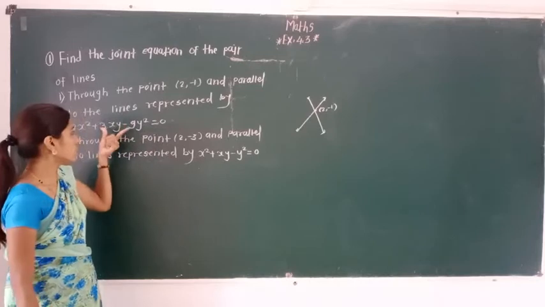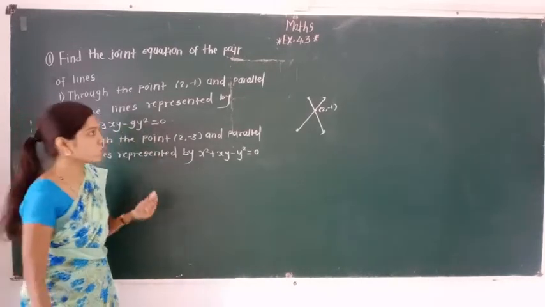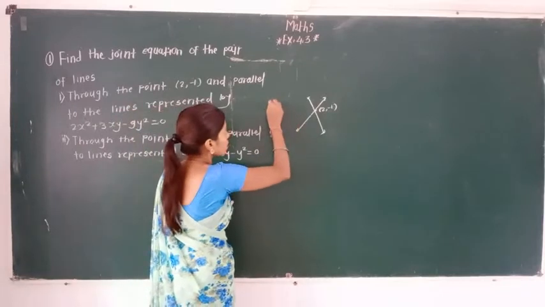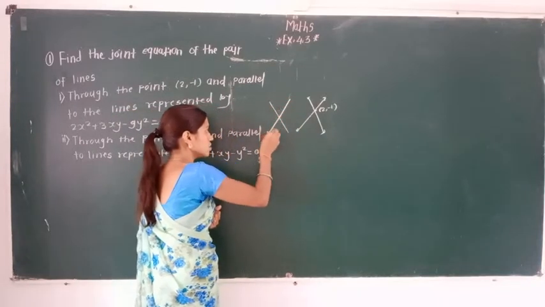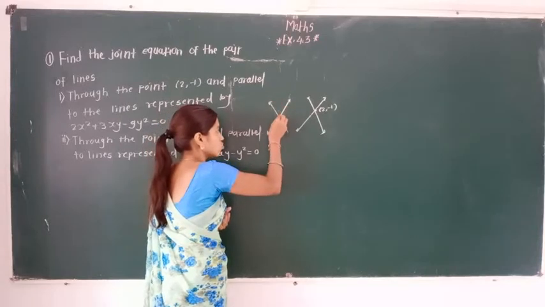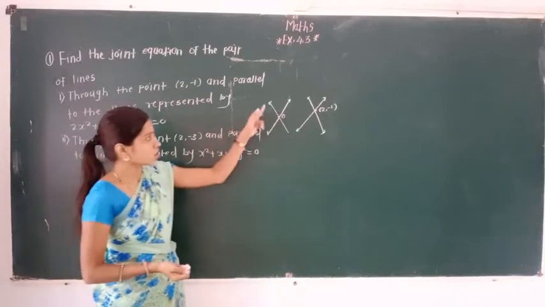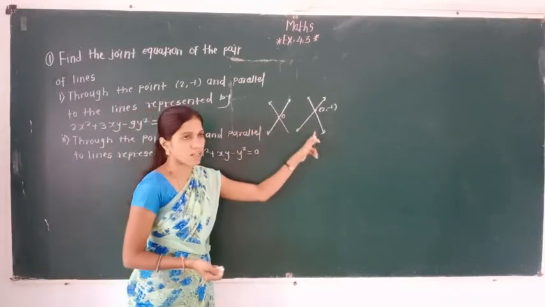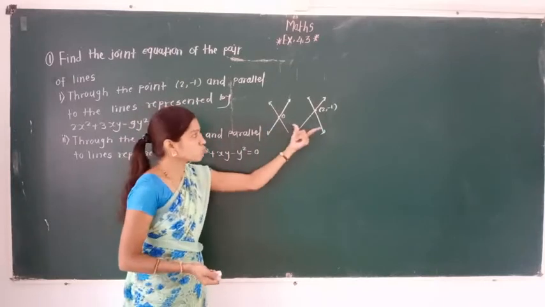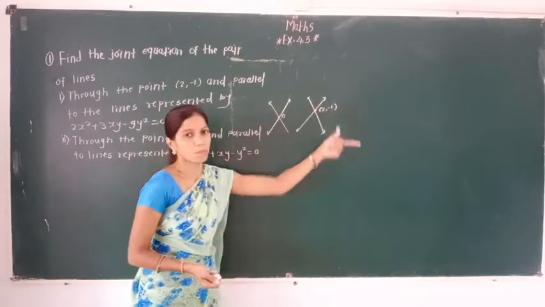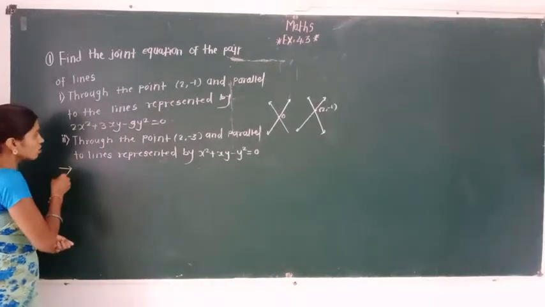And we know that the separate equations of this equation always pass through the origin. Means here we draw two lines. Here is the first line, here is the second line, and these two lines pass through the origin. The first required line is parallel to this line, and the second line is also parallel to this line. But these two lines are passing through the point (2, -1). Now see, first of all, we have to write the given equation.